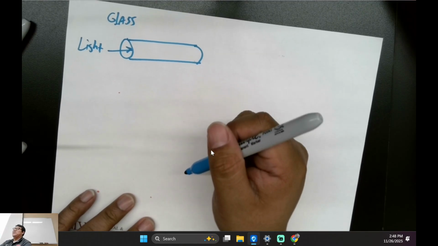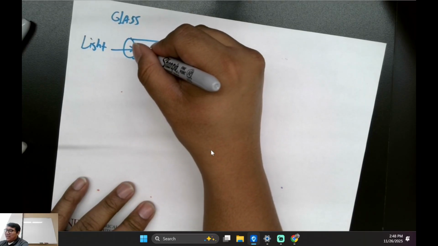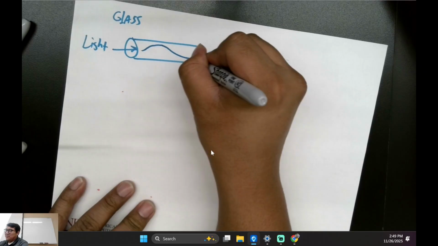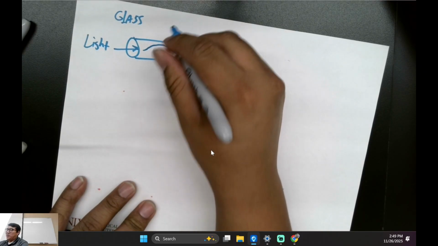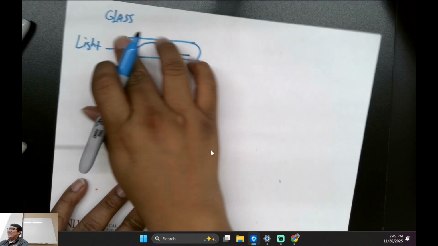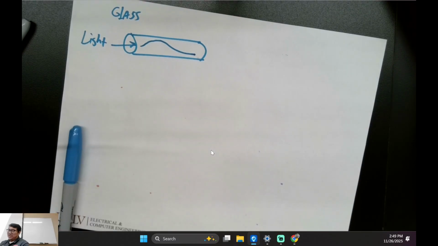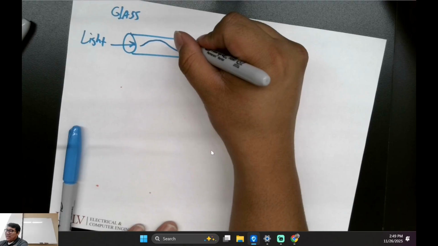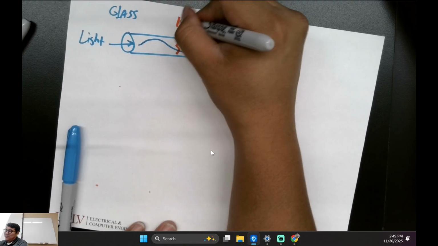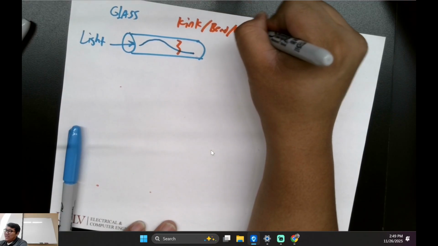I know Dr. Shiguyev is one of those professors that master that, where you'll notice that the wave is just going to start reflecting inside to the point where it's not going to leak out. These fiber cables are just designed so that the signal just stays in, okay? But if there's some type of kink or bend or crack